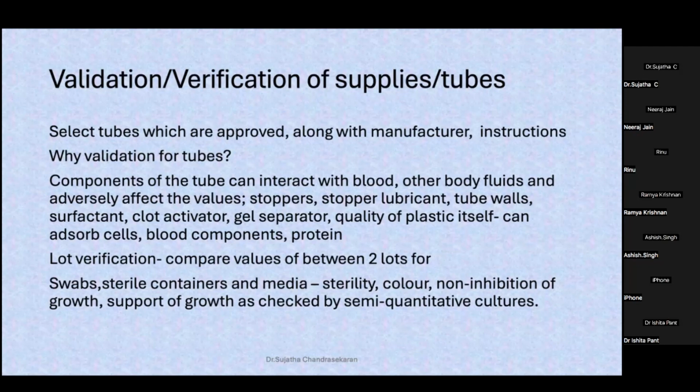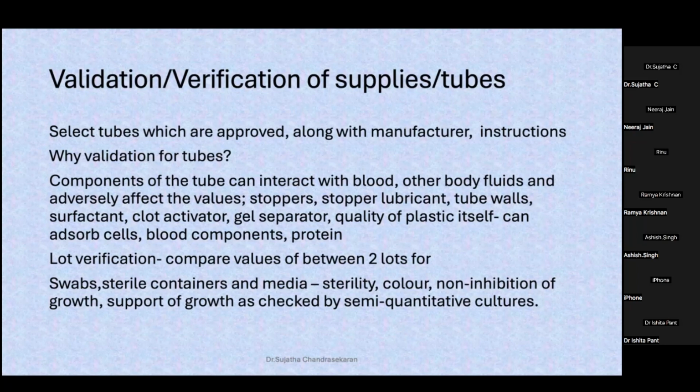Generally, why are the validated tubes more expensive than the random tubes that are available? Because of these factors, because this quality, if it has not been ensured, then you are going to land with a sample that is bad to start with. Second,